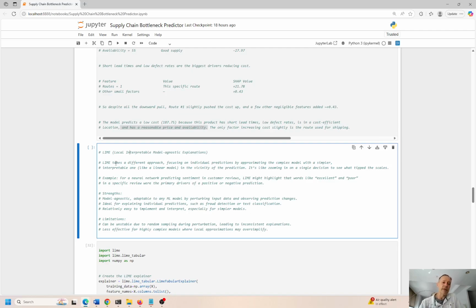Okay. So LIME takes a different approach, somewhat similar, but kind of different. It focuses on individual predictions by approximating the complexity of the model, and making interpretations like a linear model in the vicinity of the prediction. It's like zooming in on a single decision to see what tipped the scales in your favor or in your disfavor, okay? So for a neural network predicting sentiment of customer reviews,